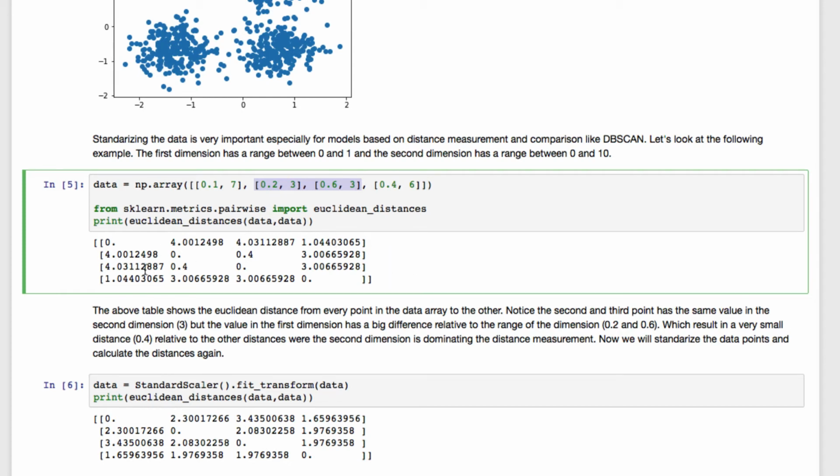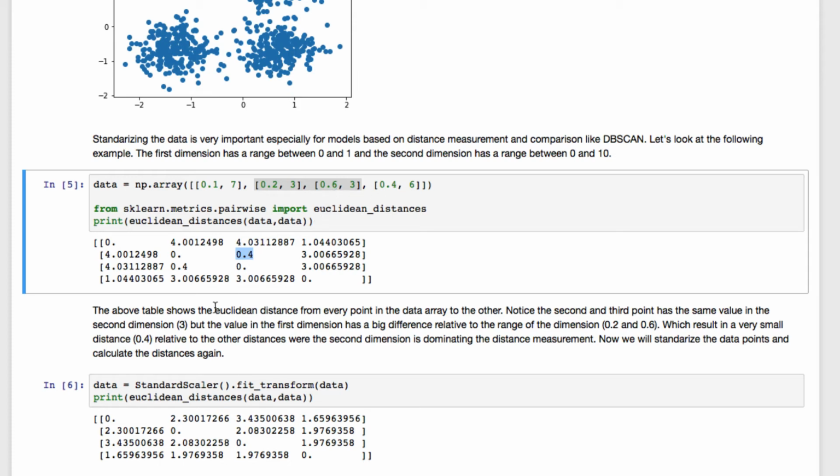So it will return a matrix of distances. Of course, the distance of the point to itself will be 0. And this will be a symmetrical matrix because we are calculating distance from the same data to the same data. But we can look at this value here, which is the interesting value you're looking at. The distance between these 2 points is just 0.4, but the distance between these 2 points, for example, is much